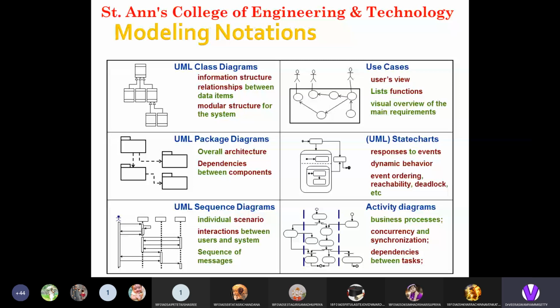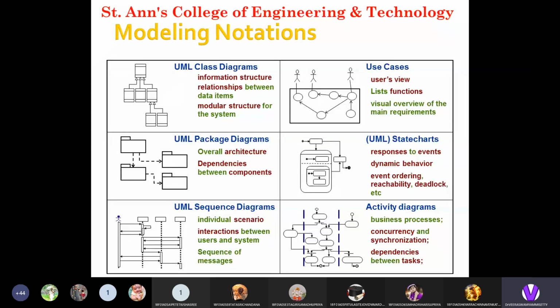It is a set of messages exchanged between the different kinds of objects.